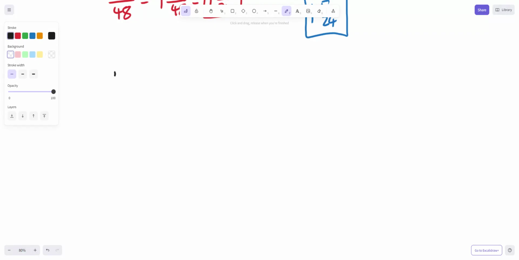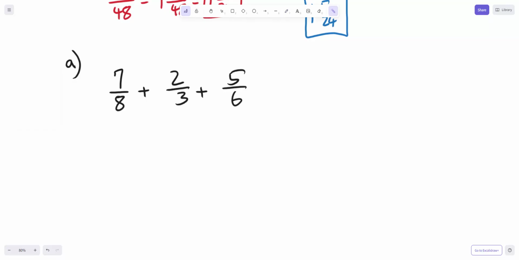Let's have 7 eighths. Oh, let's go A. 7 eighths plus 2 thirds plus 5 sixths. Here we have 3 denominators, so I'm going to use my method. I'm going to look for the biggest one. My biggest denominator here is 8. So I'm thinking, let's